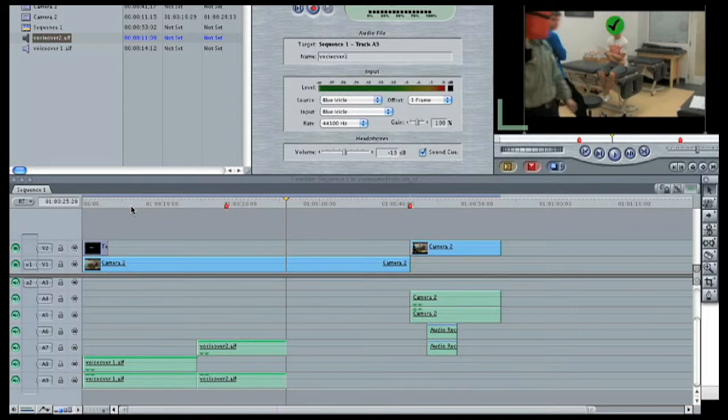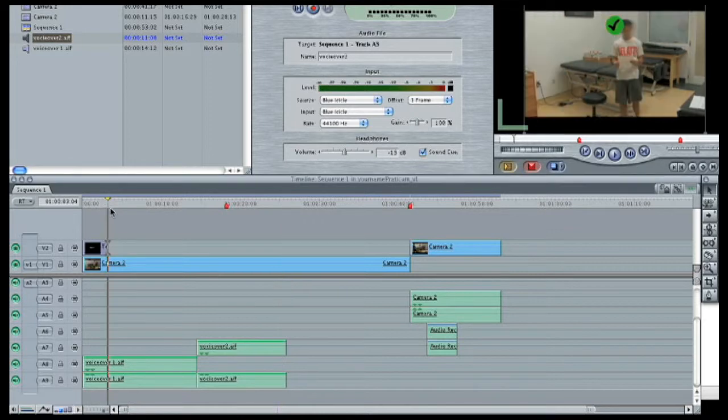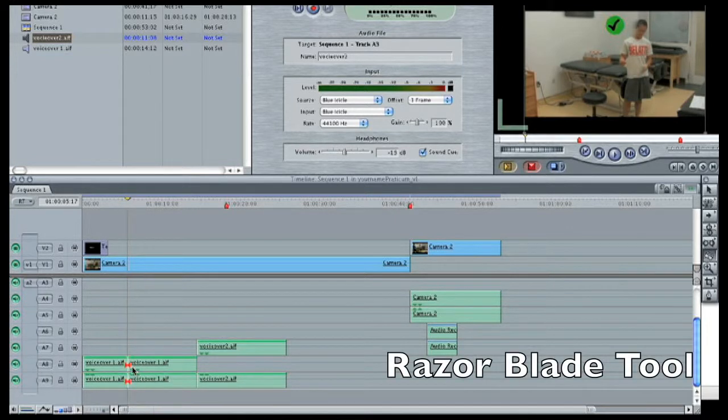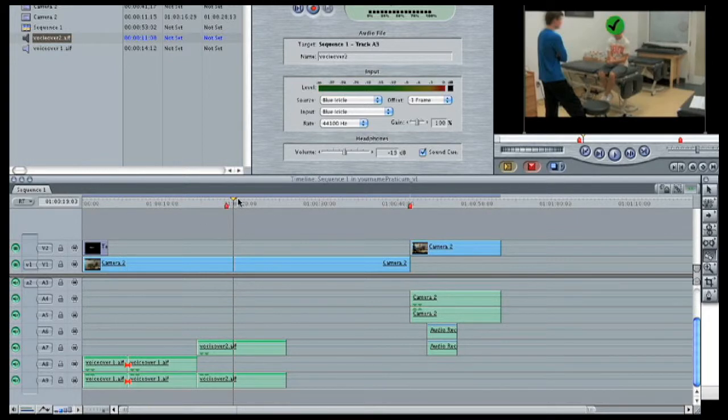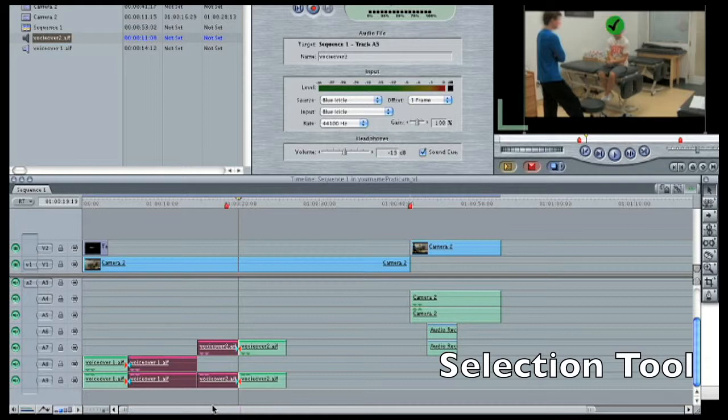So our example here was that we liked the first half of this first voiceover but not the second half. So we can edit this just like we've done before using our razor blade tool, and the same thing would go for here in the second clip. We liked the second half, so we'll go somewhere right around here, and when you're doing this you should play through and get exactly where you'd like, but I'm just going to estimate right about there and then go back to the selection tool and we can drag select both of those,